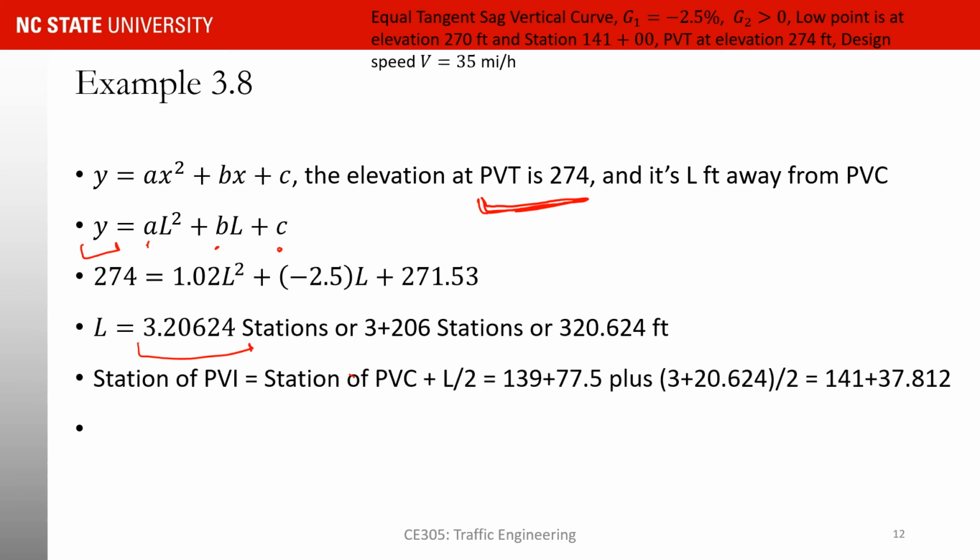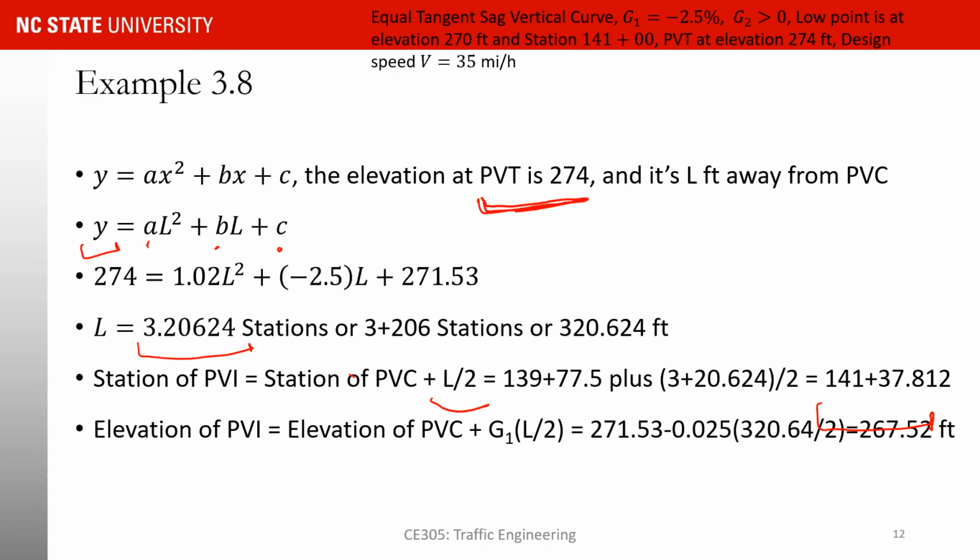So now you can find the station of PVI. That's equal to the station of PVC plus half of L. So that's just simple calculations. I have 139 plus 77.5. I add the half of the length of the curve to that. So the station of PVI is going to be 141